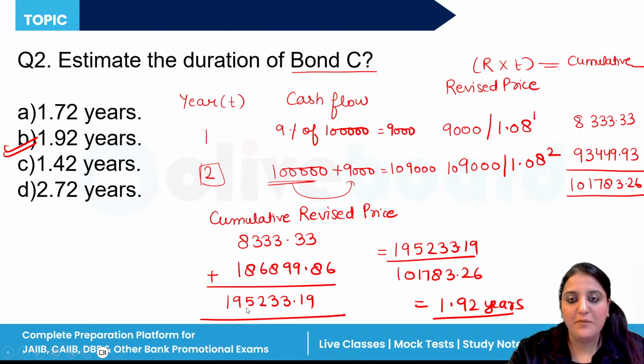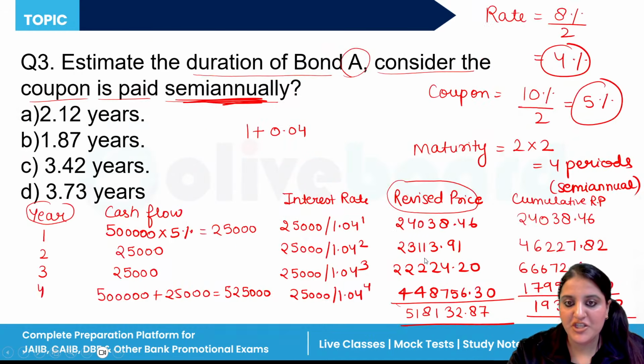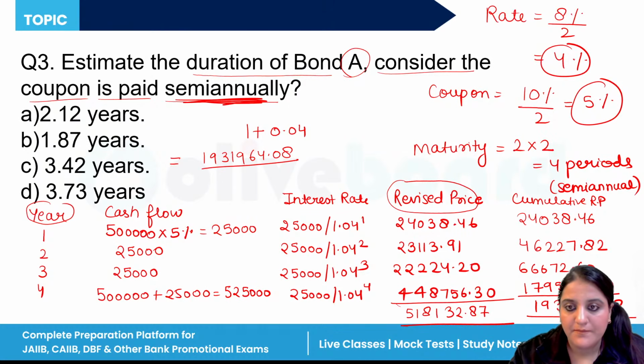Now the formula is same. For the duration you have to apply the formula, which is cumulative revised price divided by this revised price. So here after dividing we got the answer